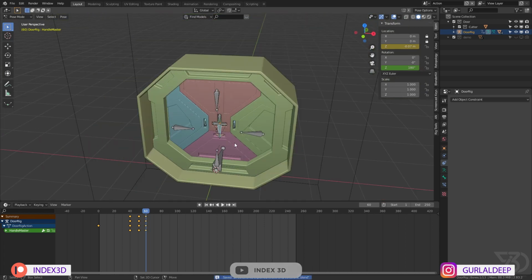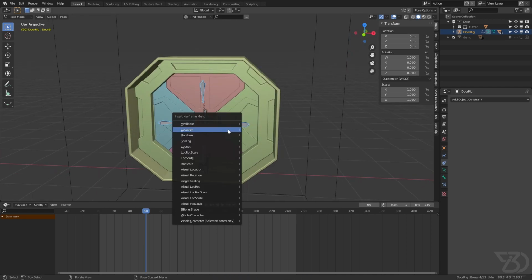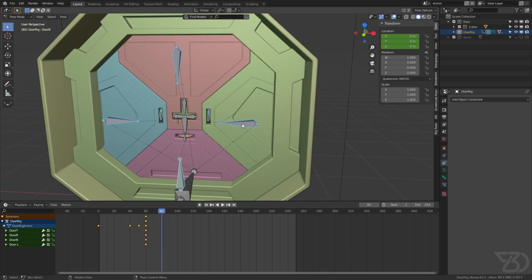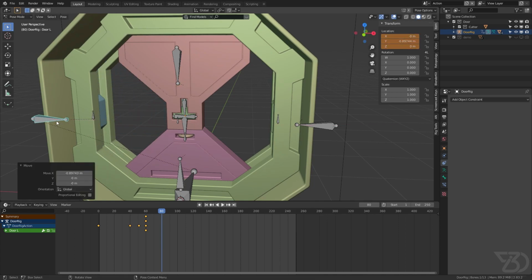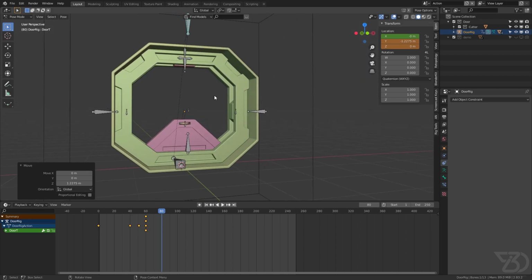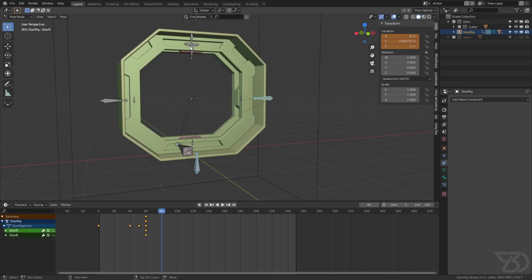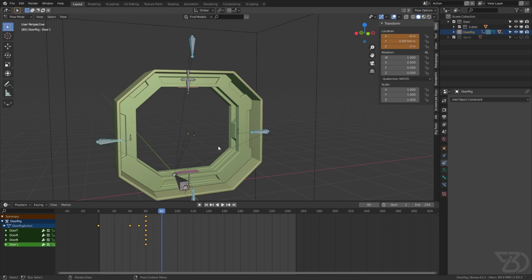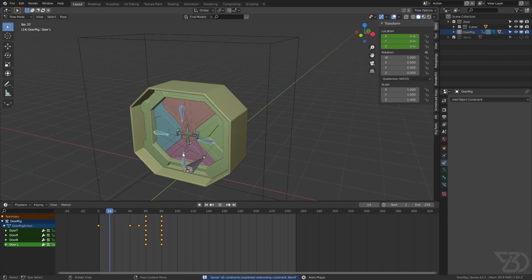Now we will animate two more things, which are these two. So select all 4 and insert a location keyframe, and then I will go to 80, and I will move it like that, and like that, and like that. Yeah, that glitch is from this boolean object. Then again I will select all of these objects, and I will insert another keyframe. See, so we have this animated.